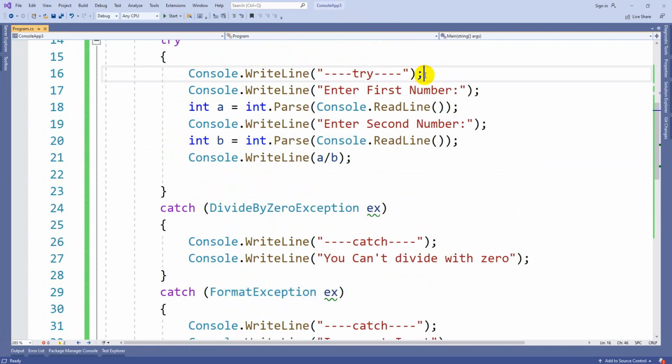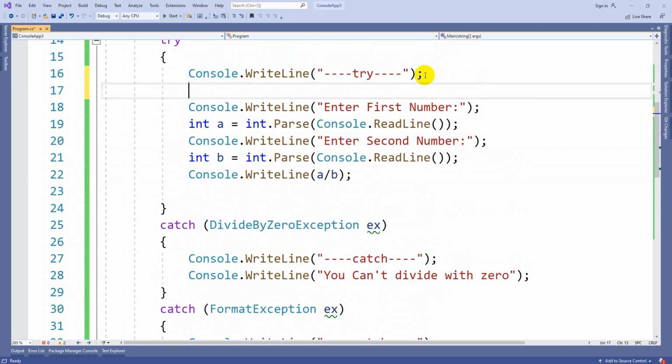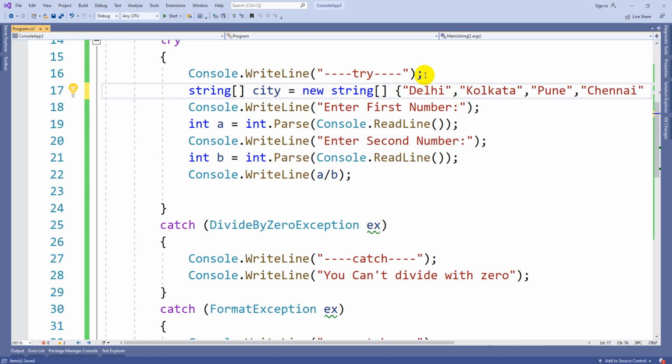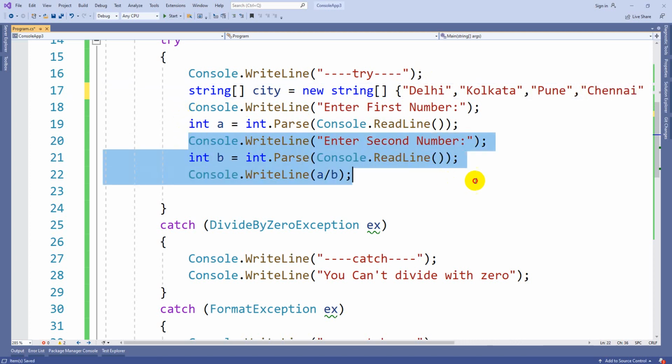Suppose there is an array: string city equals new string array, and here I can directly give the values. Let's give some, Delhi, Kolkata, Pune, Chennai, etc. Just for example, don't take it personally.